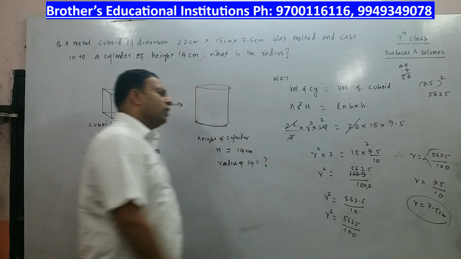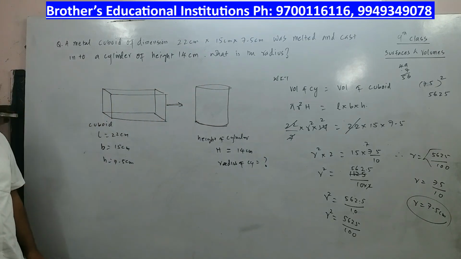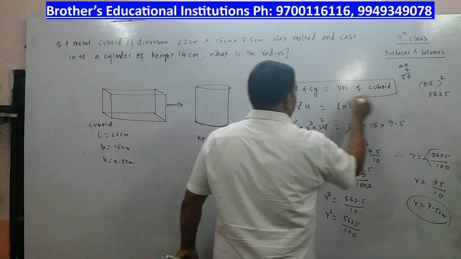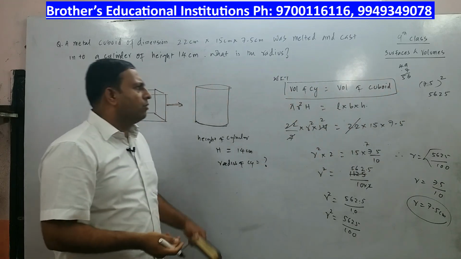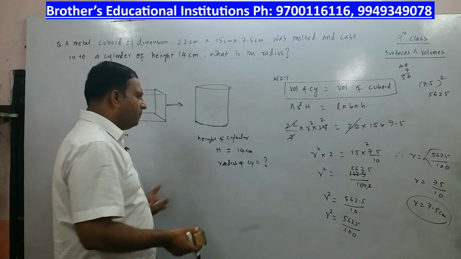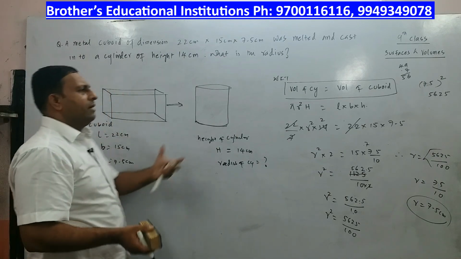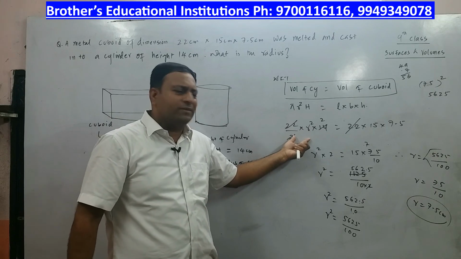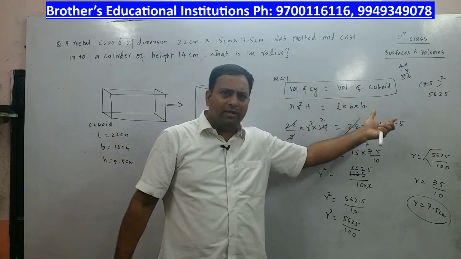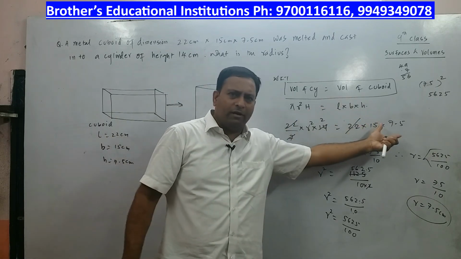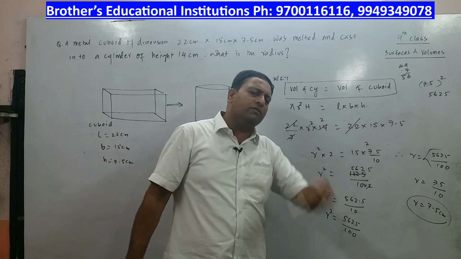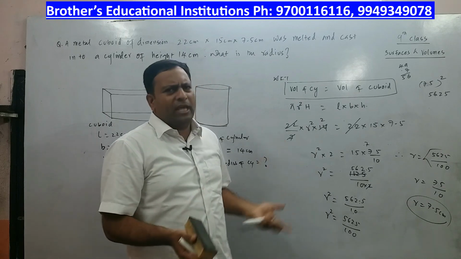So I am sure you understood how the calculations are made, right? I always recommend you to start the problem in this particular manner. Many people try to calculate the volume, multiply everything and get a huge volume, and then they put the formula for volume of cylinder and start dividing. Instead, if you put things in an elaborated fashion, most of the things will get cancelled and calculating the required radius will become simple. So this is the technique in which we solve.